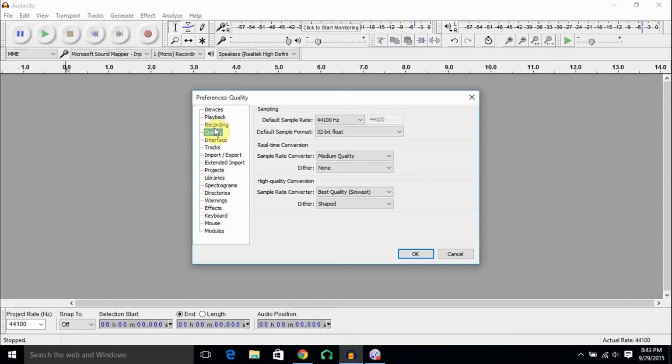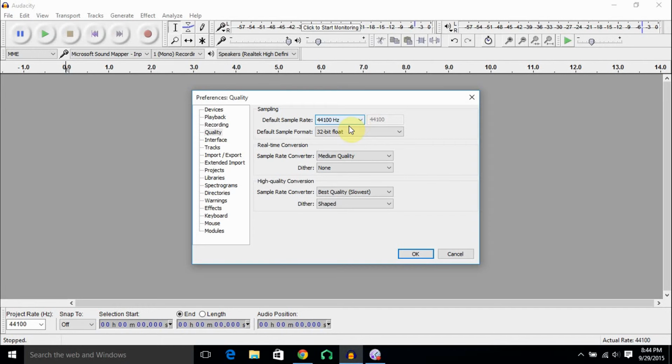Then you're going to want to go into quality and you want to set your sample rate. Depending on your computer, you're going to want to set the sample rate as high as you can get it. Usually I would say that the highest you would ever need it, if you're trying to do ultra high quality, is 96000 hertz, but an important thing to check is whether your sound device that you're recording on can even support that, because I know for a fact that the interface that I have isn't great,